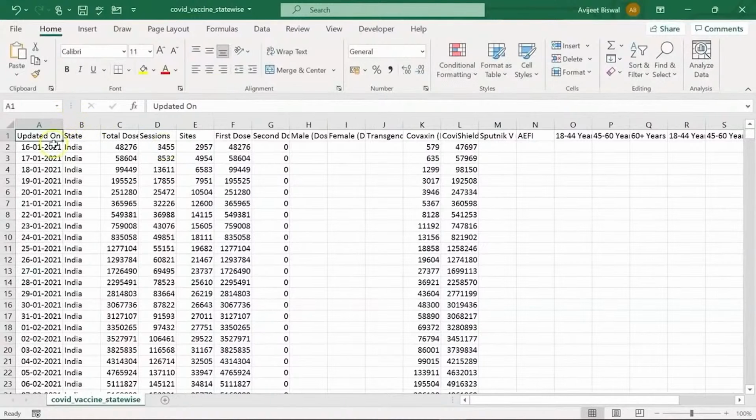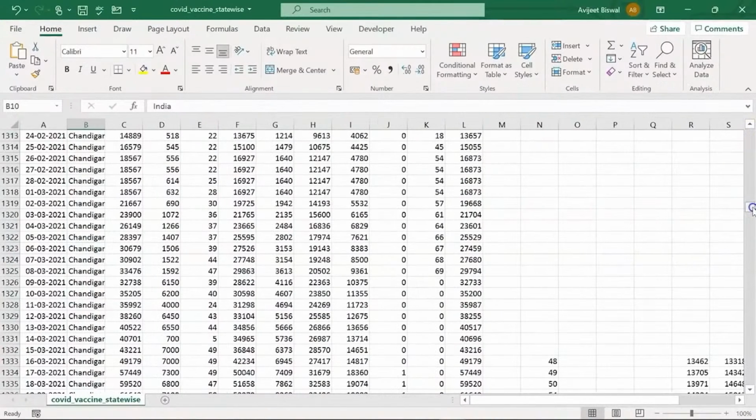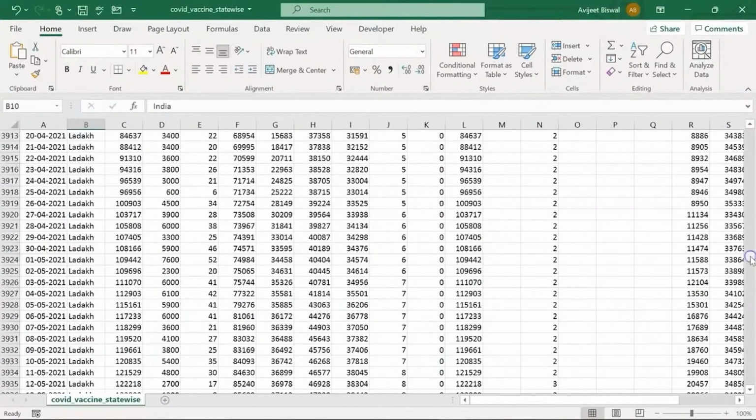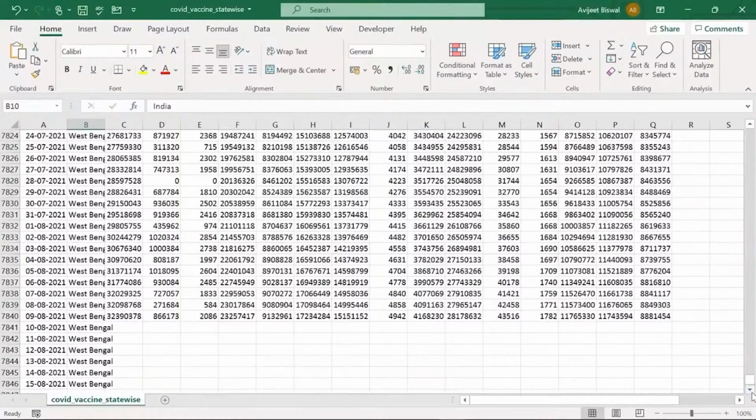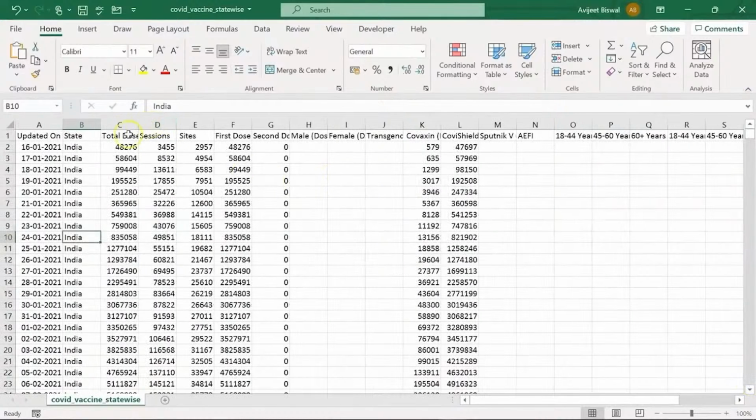So this is the second dataset that we'll be using in the Python project. You can see we have a column called updated on, then we have the state. Again, you can see here there are a few discrepancies. It has taken the country name and not the state name. Below you can see the different state names,